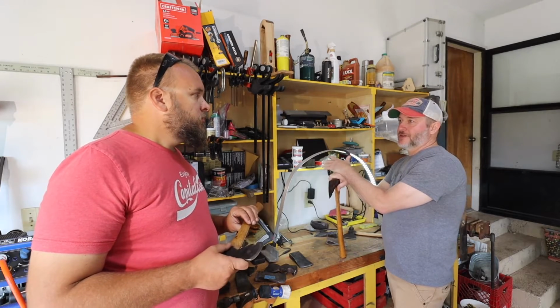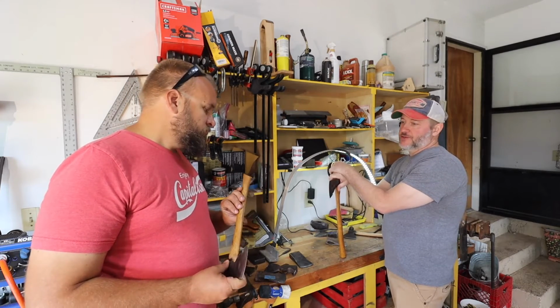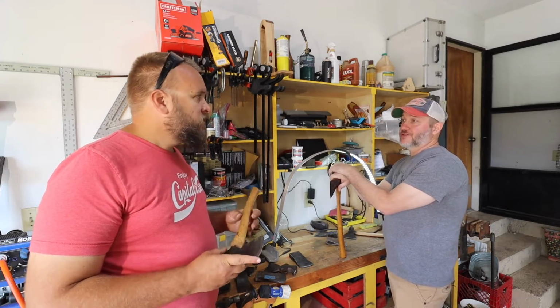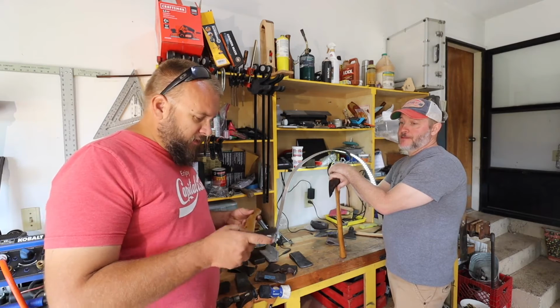And if you need to get it fixed, you need to fix it right away. So they'll just drive anything into the heads. And it seems like the older the heads are, the more stuff gets driven into them. So does it seem to you like most people